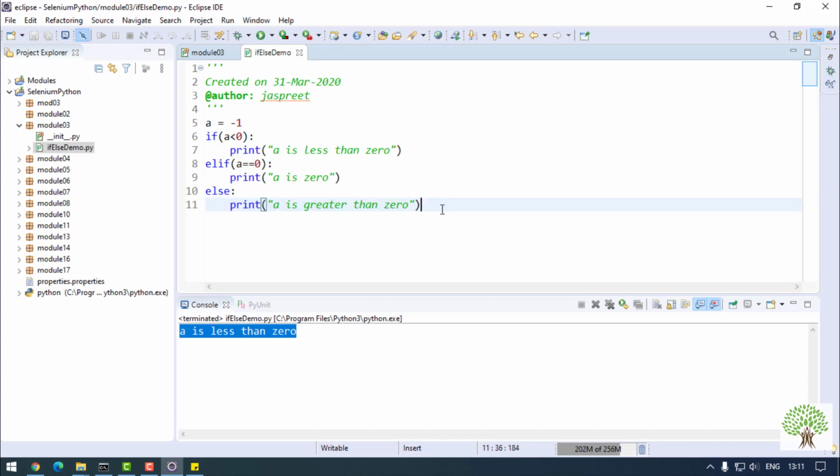Okay, in Python the nested if else is not provided, it's not allowed, it does not work. You can see the nested if else does not work in Python. Let's just take an example. I'll say that there is another variable of mine, b is equal to 1. Let's just suppose, and now I have my if condition to check whether my b is equal to 0 or not. If it is 0,